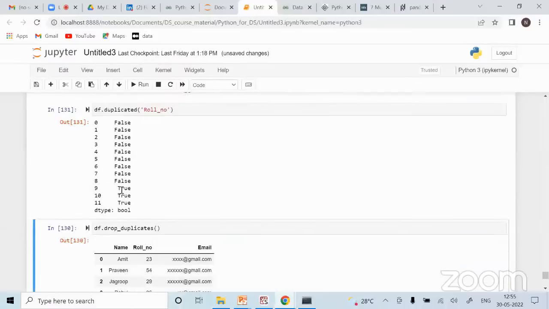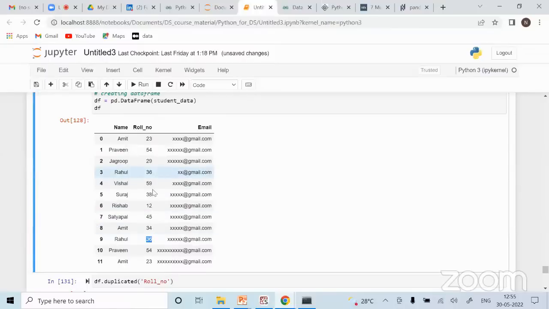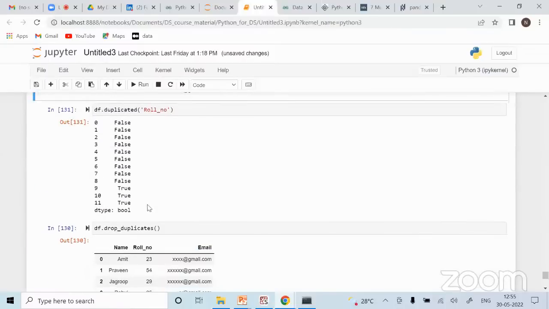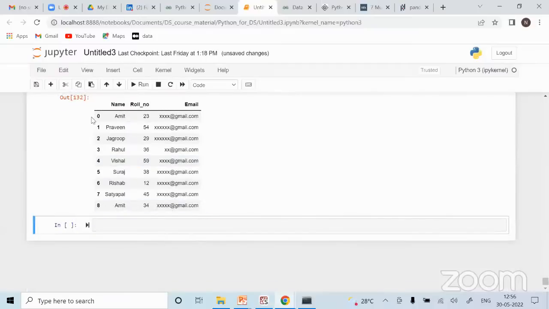So likewise you can say. Now you see it is telling you there are three duplicates. Three times it is true, isn't it? Because these three, you can say this also duplicate, this also duplicate, this also duplicate. So the last three are duplicates. So what you can do is, सिंपली अगर आप ड्रॉप डुप्लीकेट्स में रोल नंबर करोगे, तो यहाँ पे अब आप देखोगे तो आपके नीचे के 3 रिकॉर्ड्स गायब हो गए.